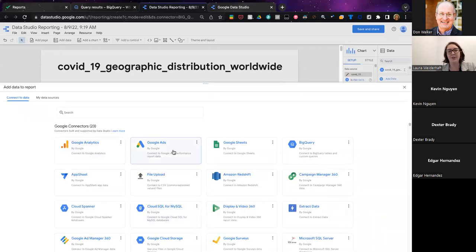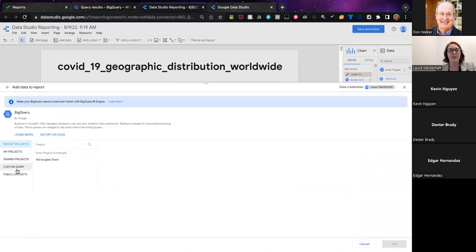So you're able to add anything like from a file upload. You can add any BigQuery tables that we have. And then you're also able to pull in a custom query. So if I wanted to write, for example, we do a lot of client dashboards at White Spider, and just to make sure that no data from other clients gets into the dashboards, I typically create a query that filters the data before it even gets to the dashboard.